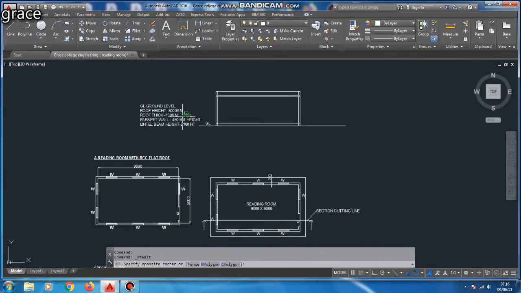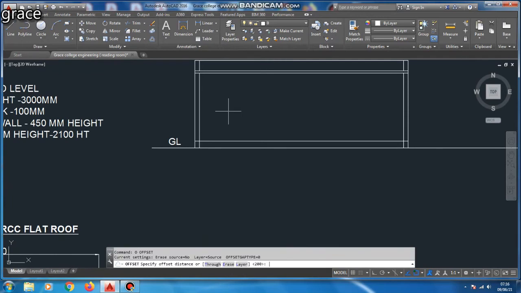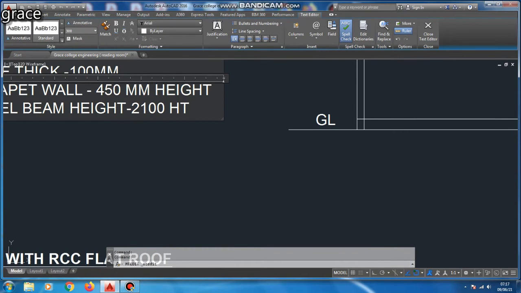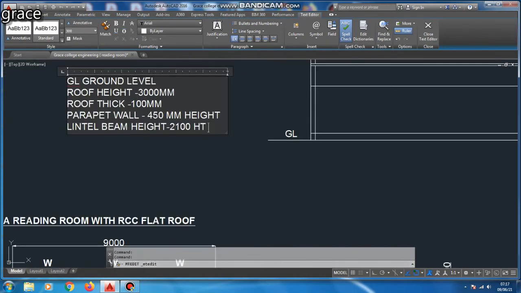By using the same basic line command, we are going to draw the lintel beam height and lintel beam thickness. We already know the height of the lintel beam as well as parapet wall. Just like the parapet wall, we are going to give the thickness for our lintel beam. Thickness is 150 mm.